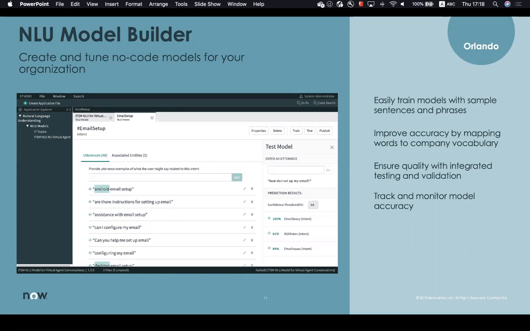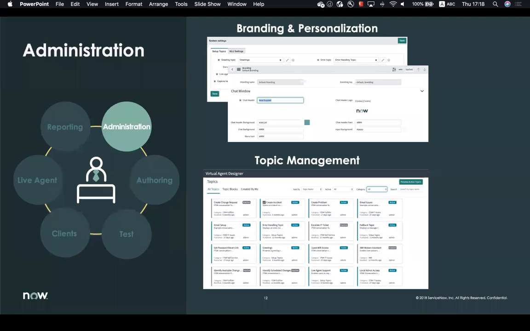So besides training, you can also track the accuracy of your model. You can do an edit, train, and you can test the published versus the unpublished one. So you can say, okay, it's going to be better than what I have already in production, so I'm just going to release it. Now, there are a few components of the virtual agent, and I bucketed them here for you